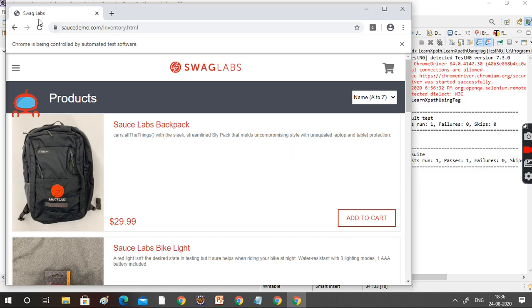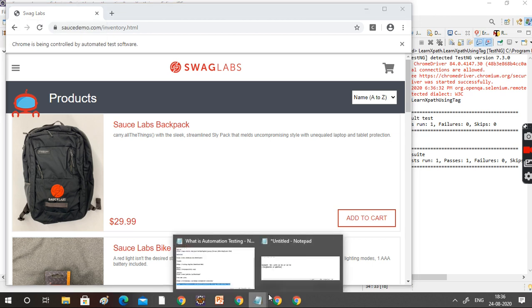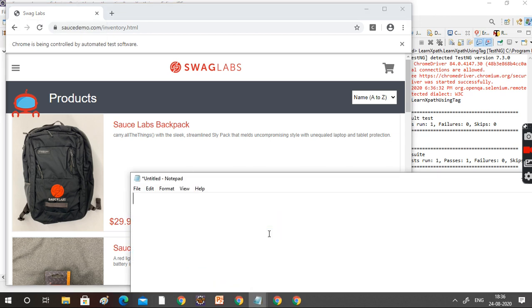Okay, now it is coming. You want to verify whether the Swag Labs page is opened or not. How will you verify? Your expected result string is equal to Swag Labs. How do we get the current result?